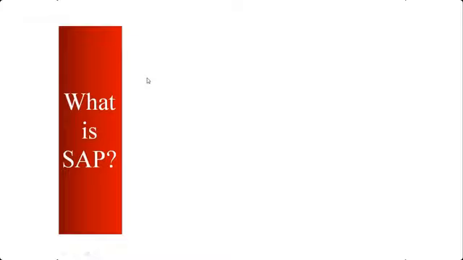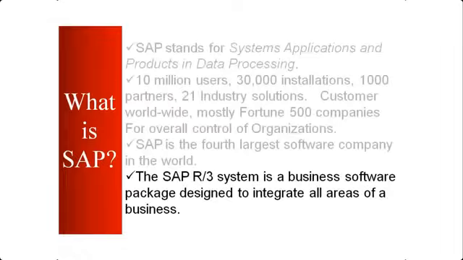And the SAP R3 system is a business software package designed to integrate all areas of a business. That's what I'll talk about in the next slide. SAP can be used as a consolidated or integrated software to integrate all the different areas of a business. Like you have different departments: production planning, material management, finance, sales, services. SAP basically will integrate all those departments